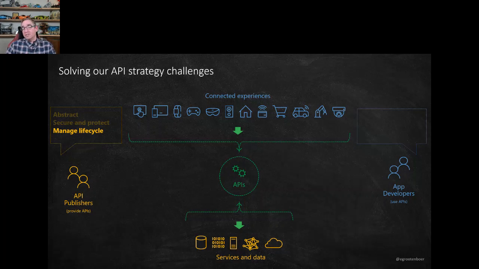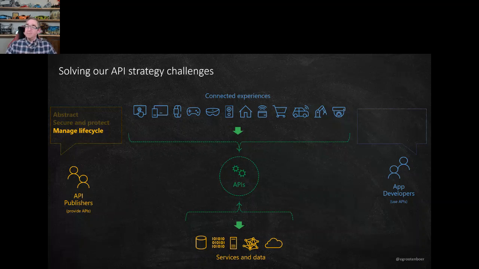Versions are for breaking changes, and versions actually run side by side. Of course, in the backend, I also have to make sure that things are running side by side. But in this case, my connected experience will connect to my endpoint, for example, on /v1. And then there can be a new endpoint /v2 that's being routed to a different backend endpoint. So when I do this, I can actually say it's running side by side.